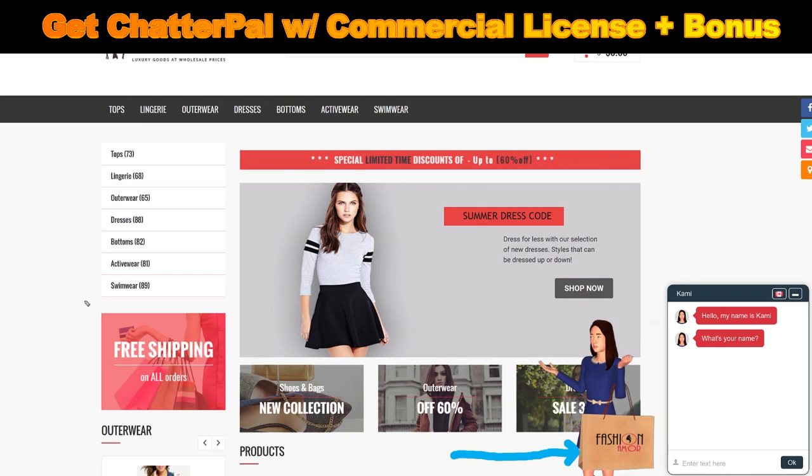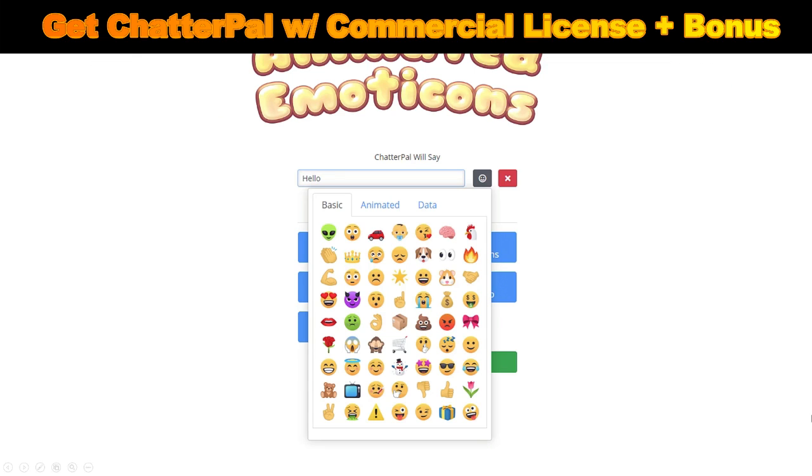And the beauty is you can use this exact technology on unlimited websites, including client websites. And on top of that, we have animated emoticons that will allow you to also captivate people's attention, because you're literally getting a 24/7 chat agent working for you on your website or your client's websites, because remember, we're including the commercial license as part of the front end offer, which means every single user has the ability to not